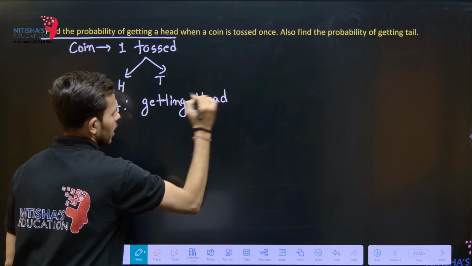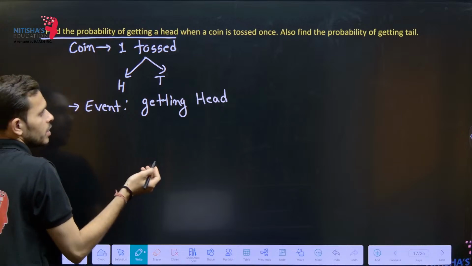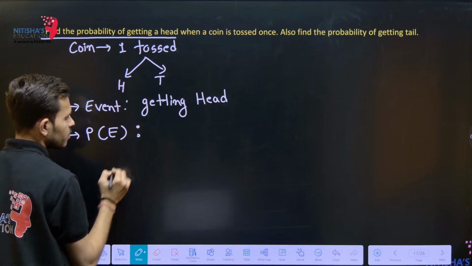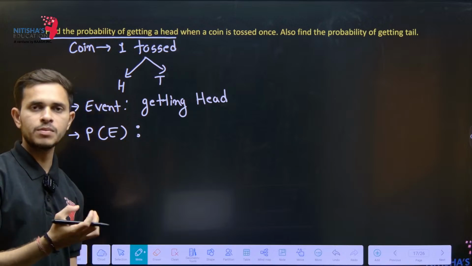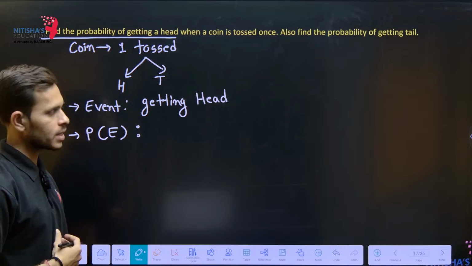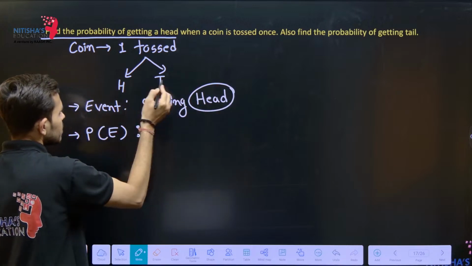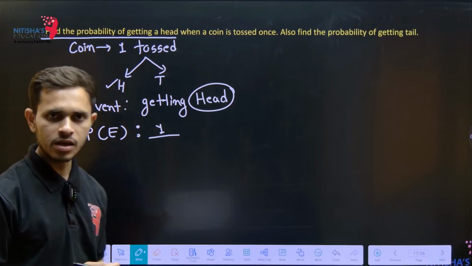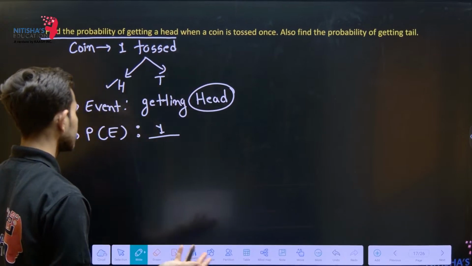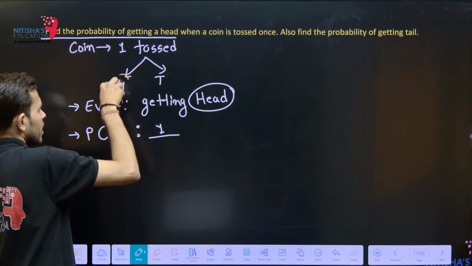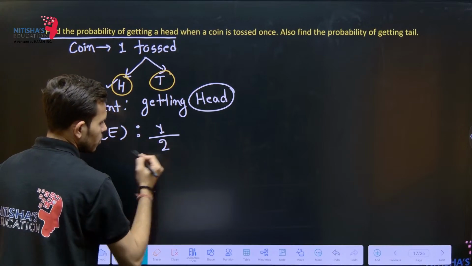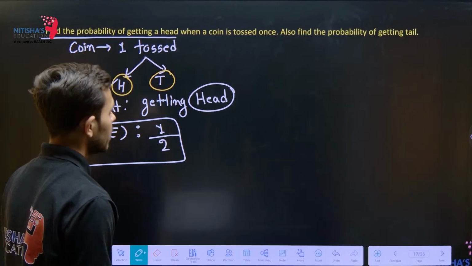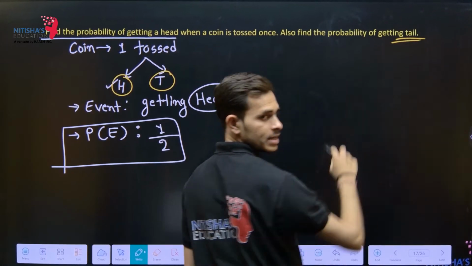सो इवेंट इज गेटिंग हेड, ठीक है। चलो अभी प्रोबेबिलिटी हम कैसे लिखते हैं? सो प्रोबेबिलिटी ऑफ E, इट मीन्स प्रोबेबिलिटी ऑफ इवेंट इज गिवन बाय न्यूमरेटर के अंदर जितने भी फेवरेबल रिजल्ट्स हैं वो लिखेंगे। तो यहाँ पे हेड एक ही बार आ रहा है, तो हमारा फेवरेबल रिजल्ट 1 हो गया। और डिनोमिनेटर में जितने भी टोटल रिजल्ट आएंगे, यहाँ पे 2 रिजल्ट आ सकते हैं, या तो हेड या तो टेल। तो टोटल रिजल्ट को हम नीचे लिखेंगे। इट मीन्स हमारे इवेंट की प्रोबेबिलिटी हो गई 1/2, ठीक है।